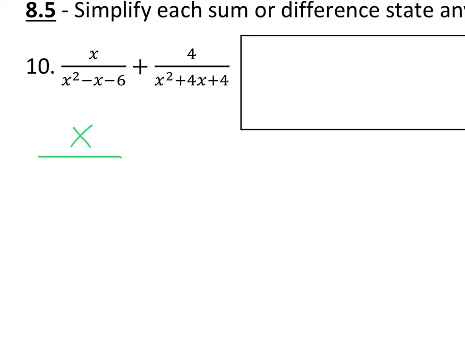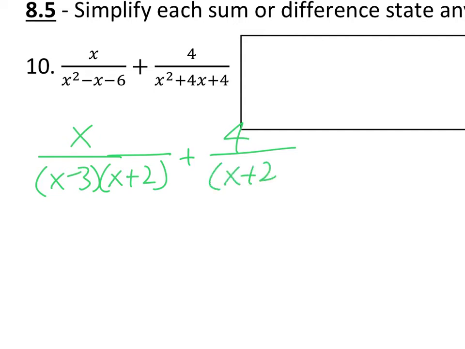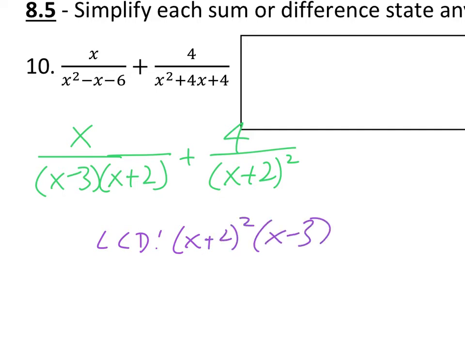The x squared minus x minus 6 will factor as (x minus 3)(x plus 2). The x squared plus 4x plus 4 will actually factor as (x plus 2) squared. So we also need to identify that the LCD would include an (x plus 2) squared and an (x minus 3). Since we want to add these together, we need to get both of those to have that for their